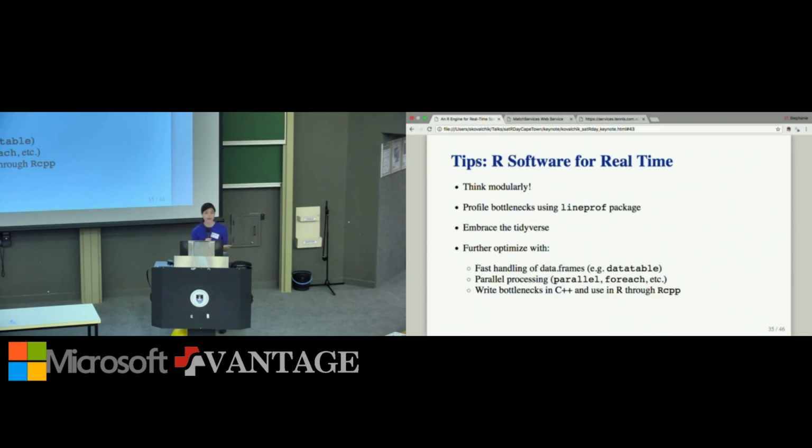Another thing, of course, is parallelizing your work. Some of this happens naturally already with some of our standard packages and functions in R. But if you do find that you need to go even beyond that, there are things like doParallel. We actually saw an example already from Sean's talk earlier today of how this could be used with web scraping. foreach is also another popular package for spreading across your processing.